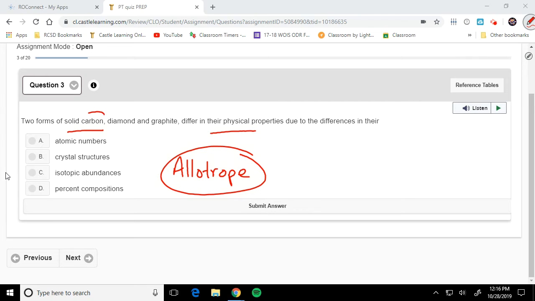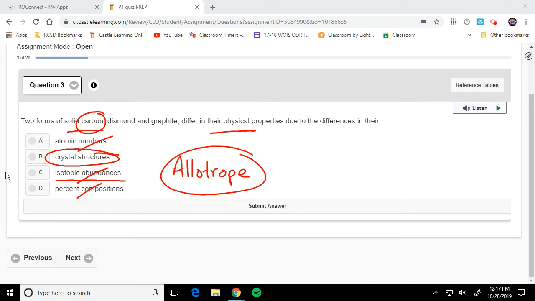Well, if an allotrope is all the same element, it does not have different atomic numbers. Isotopic abundances is what we use to get the average atomic mass, the different abundances of each isotope. So that's not it. Percent compositions, it's all carbon, so it's 100% carbon. That leaves me with crystal structures,